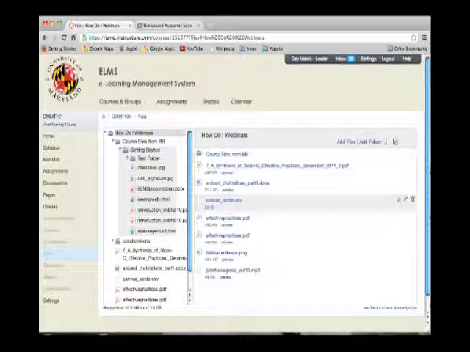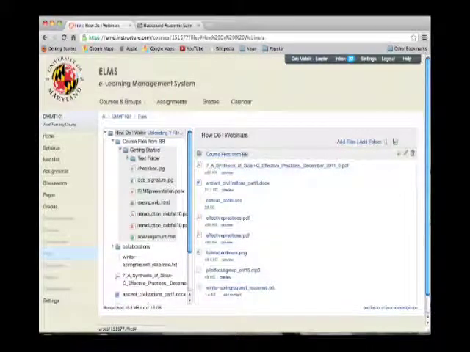One other really nice feature about Canvas is that if you are using Firefox, Safari, or Chrome, you can also drag and drop files from your desktop right into this area. And I'm going to go ahead and just drag a file from my desktop, and I'm told here that the file is uploading, and after a short period of time, the file will just be available to me right here. Very easy to manipulate content, to get the content into the files area